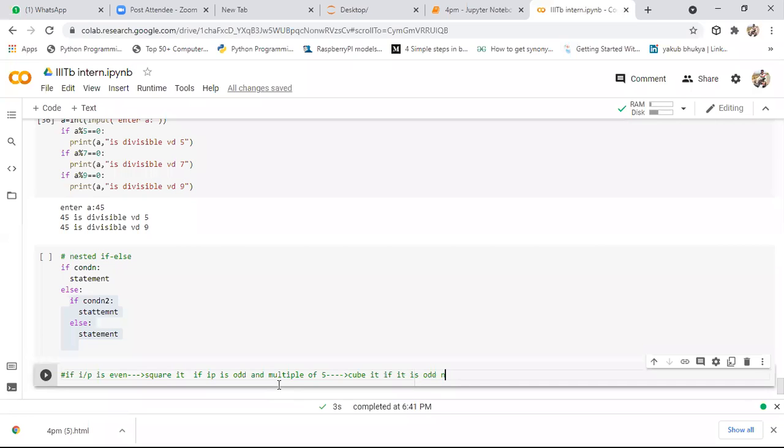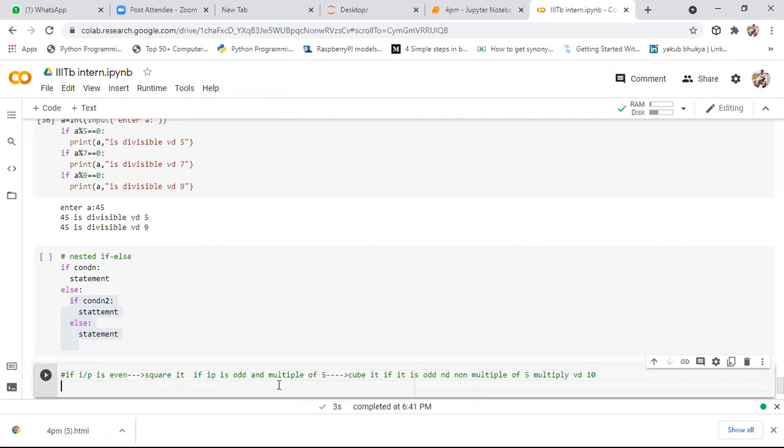If it is odd and non-multiple of 5, we need to multiply with 10. So these are the different conditions I'm giving to you. Now I'll implement this program, guys.